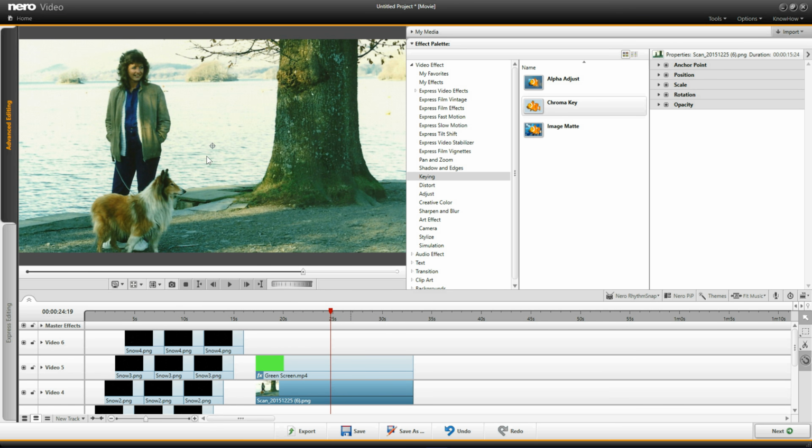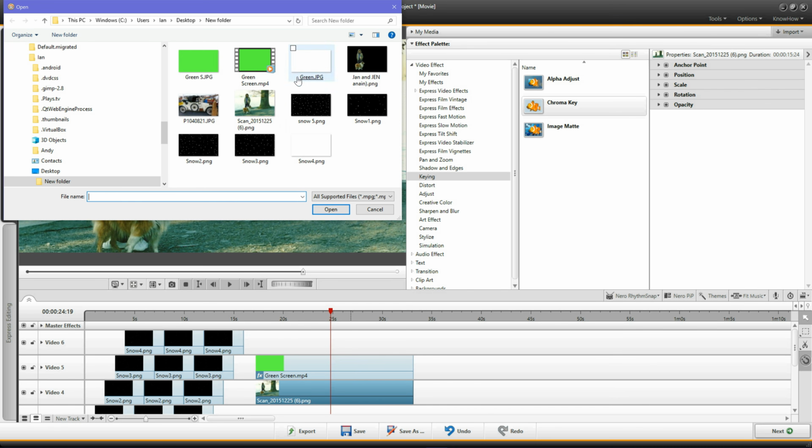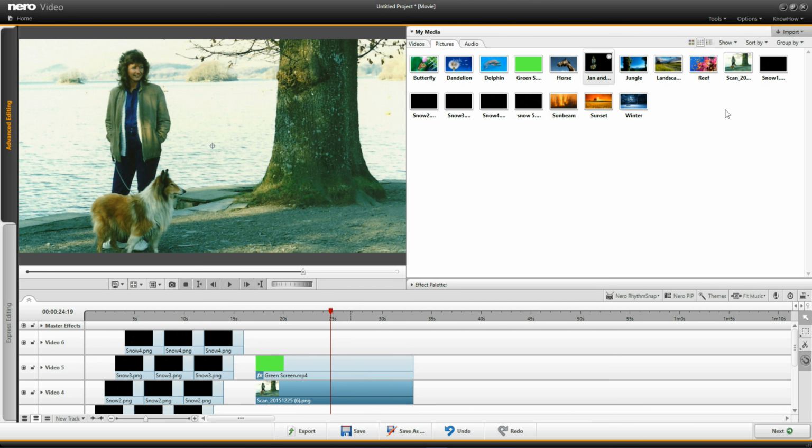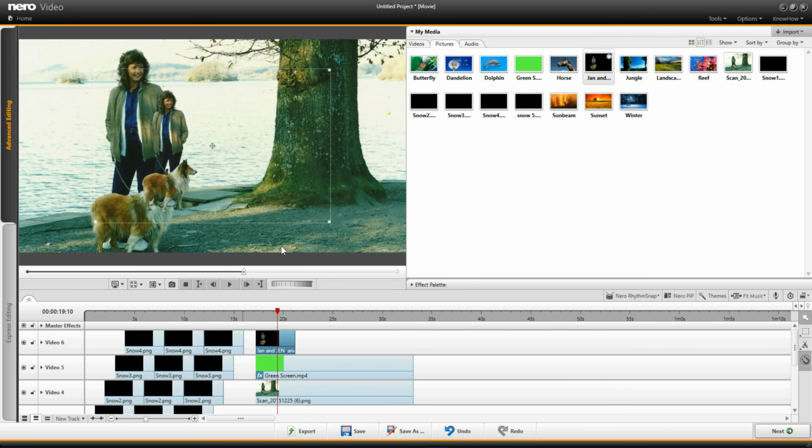And if I wanted to make it even more effective, I could import another image, and this image is here. I've cut out the lady and the dog, and I've used a PNG file. I've shown you in a previous tutorial how you can do that. I'm going to select that image. So if I bring the young lady in and drop her onto the timeline, and then scale her to fit,